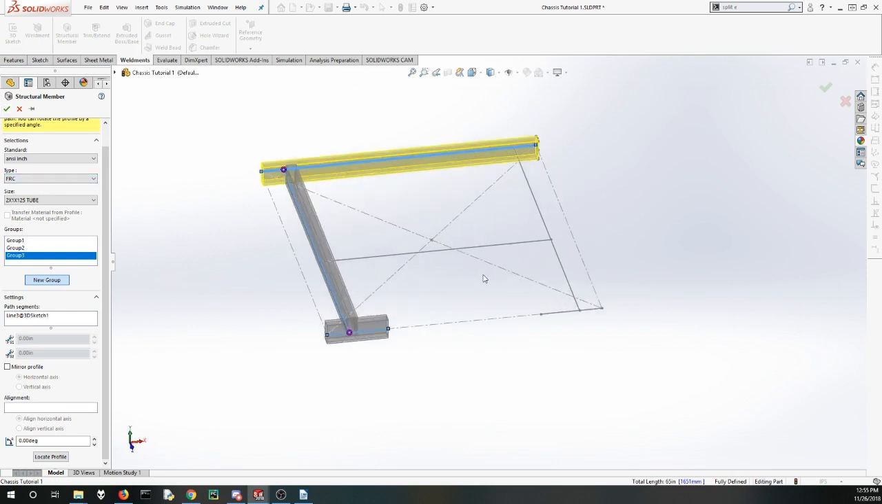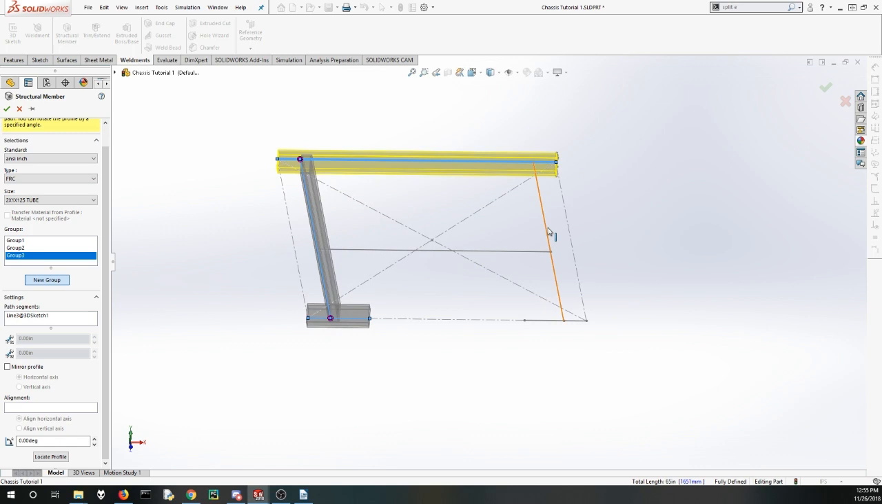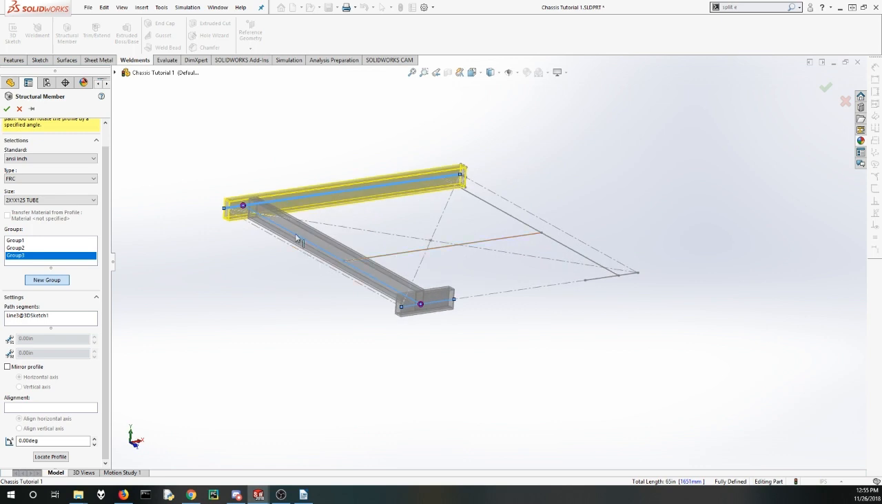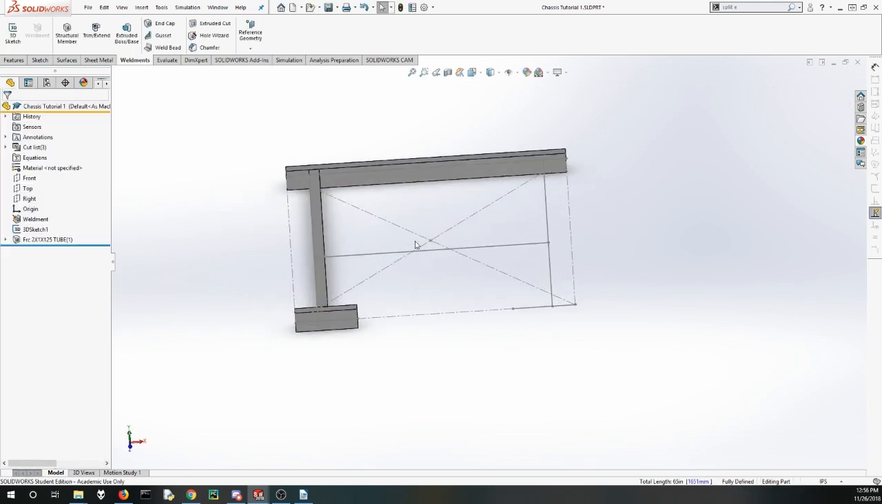And there we go. I'm going to leave these lines alone, actually, because I'm going to mirror these tubes later in the process, and in doing so mirror some of the other features that I will add to them. So I'm going to click OK, and now I want to create